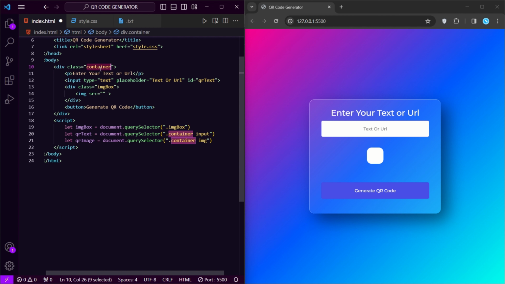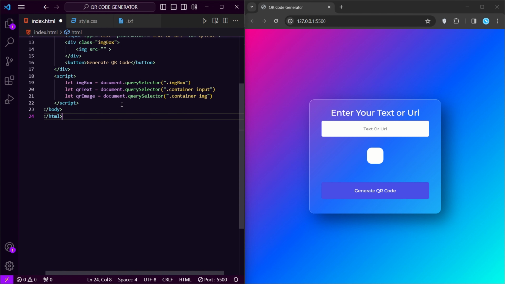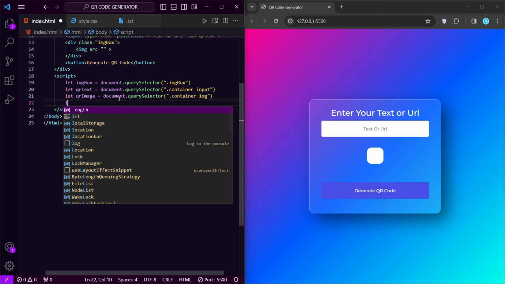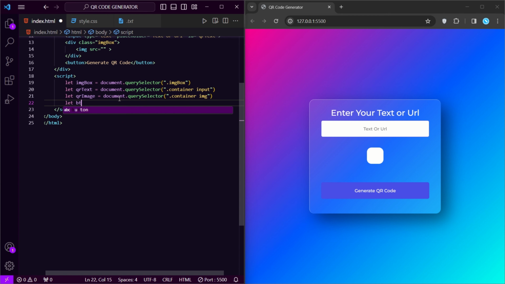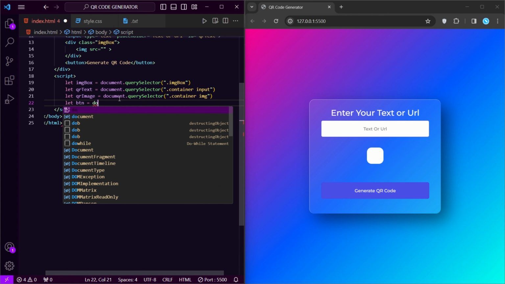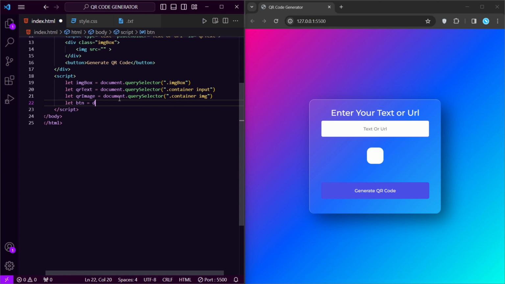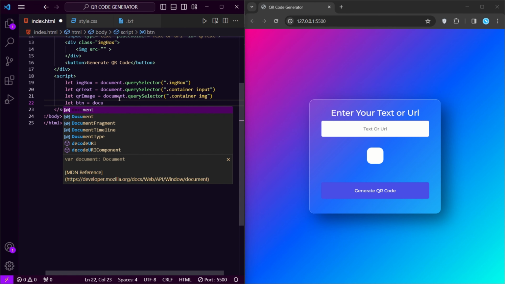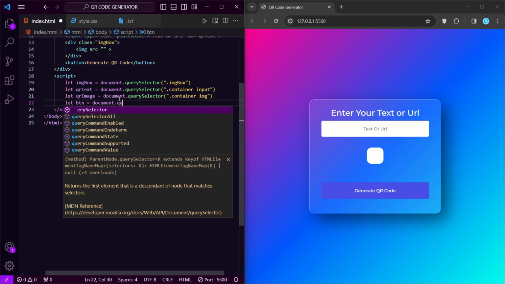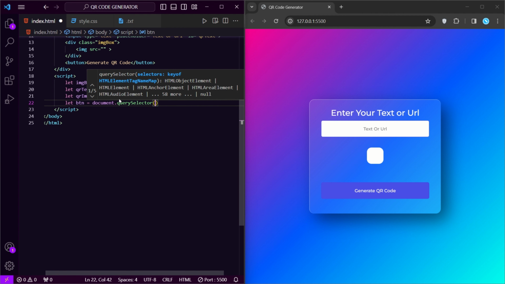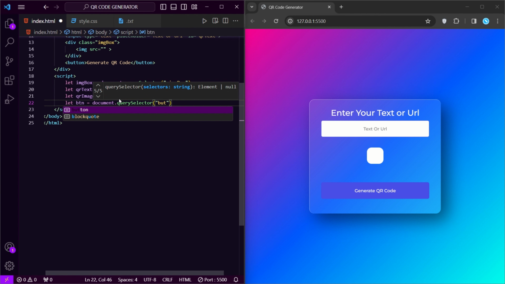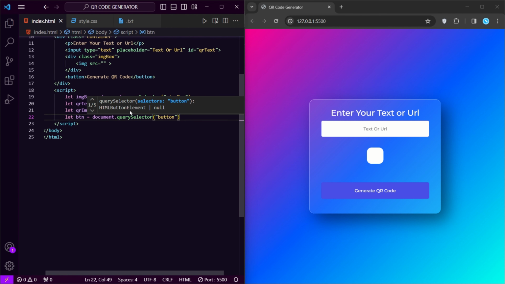Here is the container and here is the img tag. So let's go ahead to the btn. Let btn equals to document dot query selector. Only one button is present, so I targeted it.